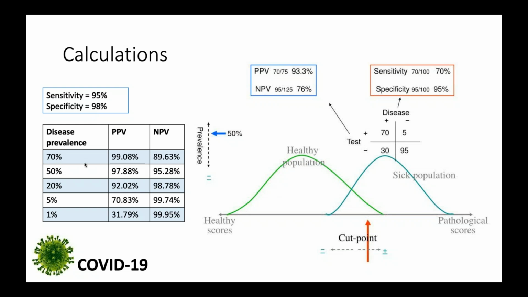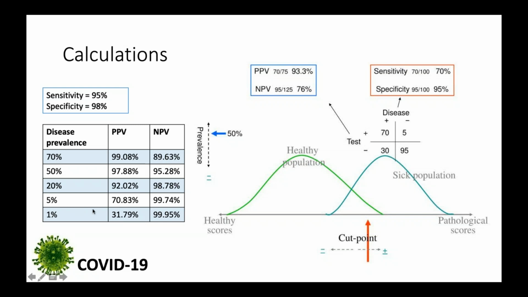Well, what would that look like dependent on the various disease prevalence? So I've done the calculation, from a 70% prevalence down to 1% prevalence, and you can see how that changes the positive predictive value and negative predictive value. And so before we decide how and when to use the assay, and keeping in mind all the other components that contribute to clinical assay performance, it's important to look at the disease prevalence to inform how and when to deploy certain tests and how to interpret those results.